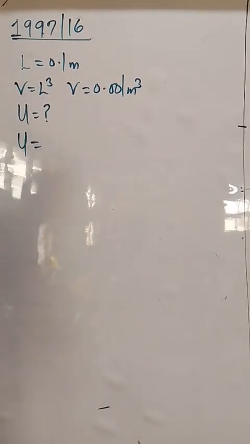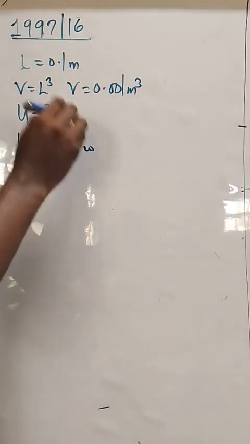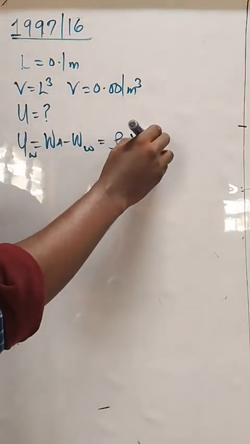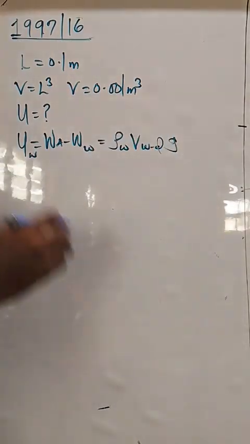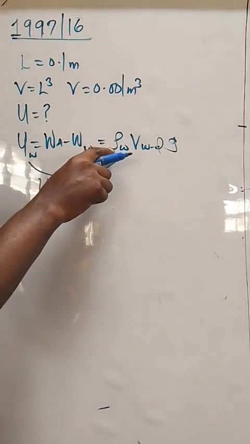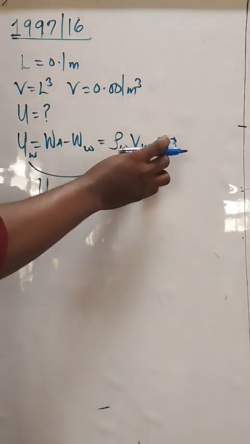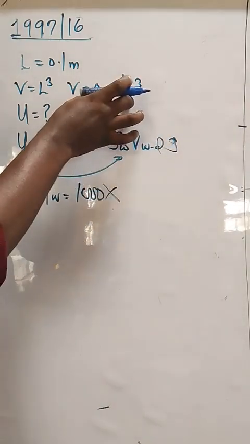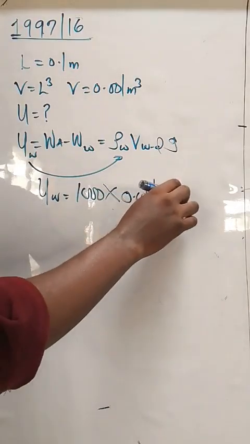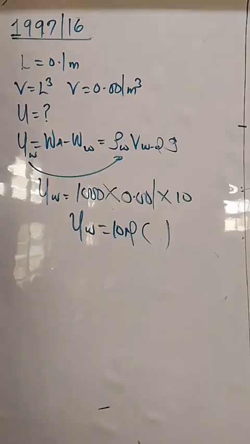Upthrust has two formulas: weight in air minus weight in water, or density of the liquid, water in this case, times volume of water displaced times g. So we are going to use the second one. The upthrust in water becomes density of water, 1000 kilogram per meter cube, times volume of water displaced, which is the volume of the body since it's totally immersed, 0.001, times g, which is 10. The upthrust in water is 10 Newton. Option